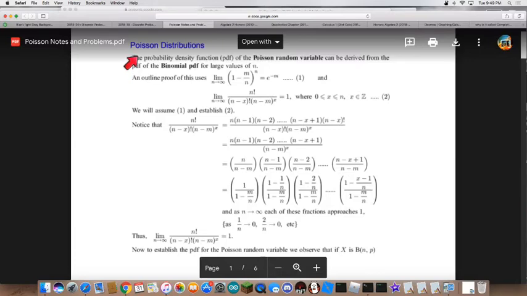Nonetheless, he and others like him were studying what happens if you had an infinite number of trials in a binomial probability distribution. Recall, in the binomial probability distribution, you need to know the probability of success, and you need to know the number of trials whenever there's an outcome that could or couldn't happen. We're going to keep the binomial distribution, but we're going to allow the number of trials to go to infinity.